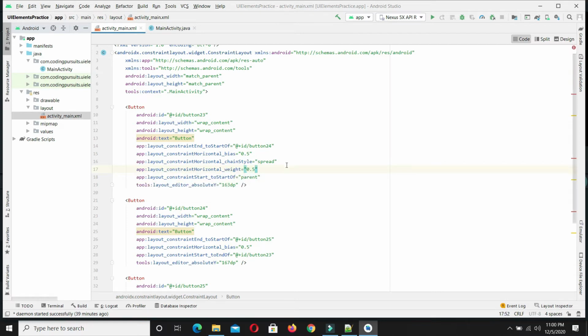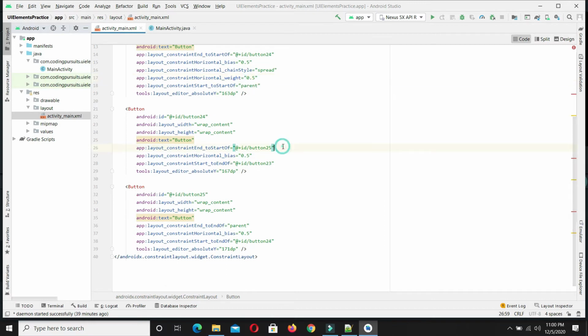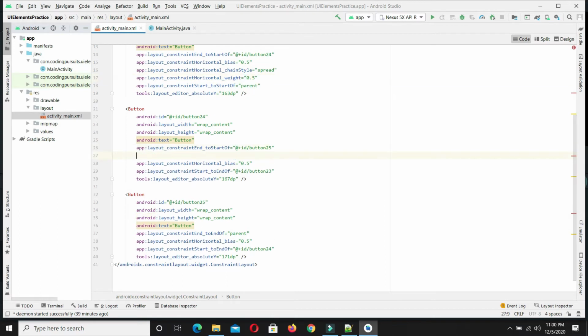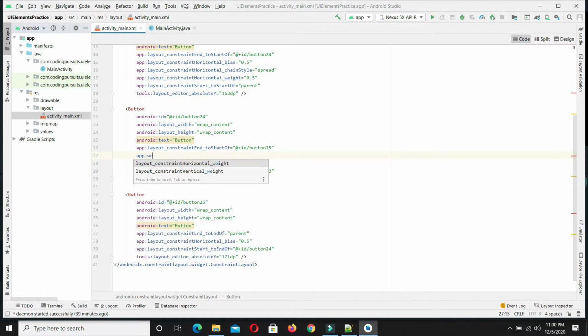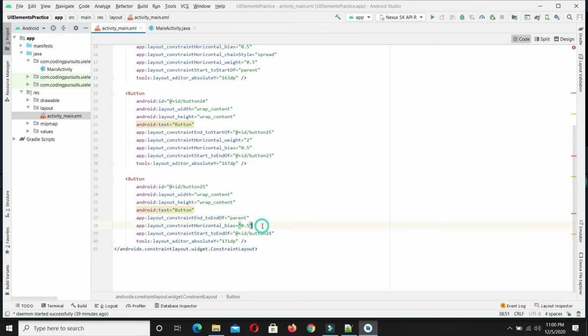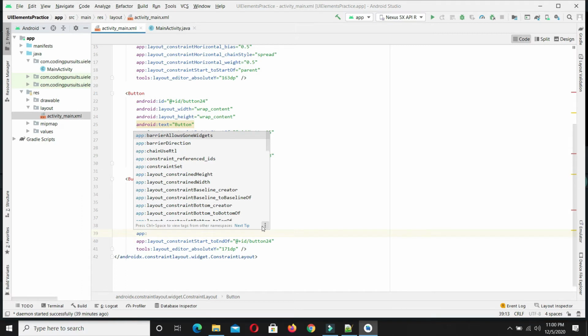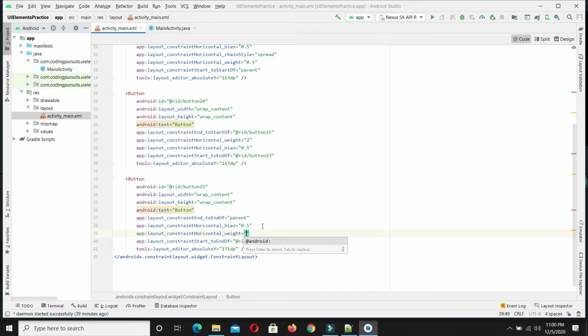Now I want my next button to be 2 times of the available space, so I will select 2, and for the last view I want this to be only 1 times of the total available space.